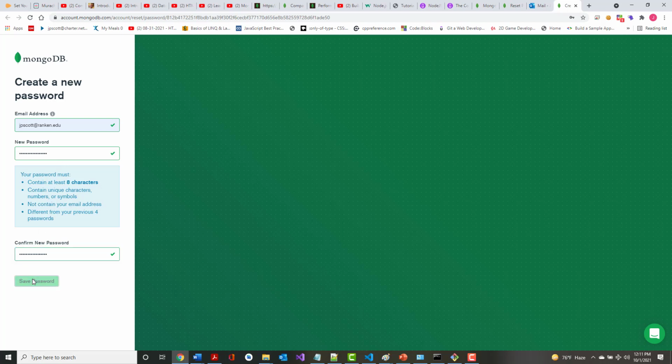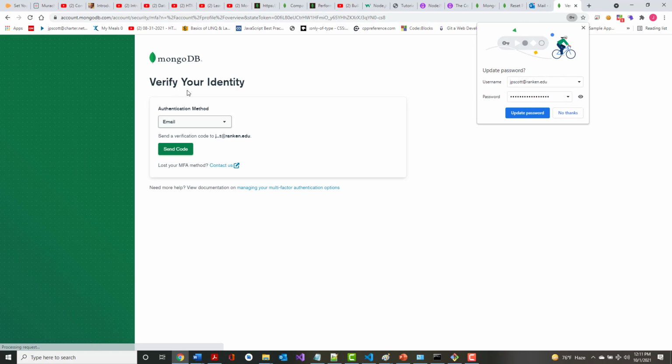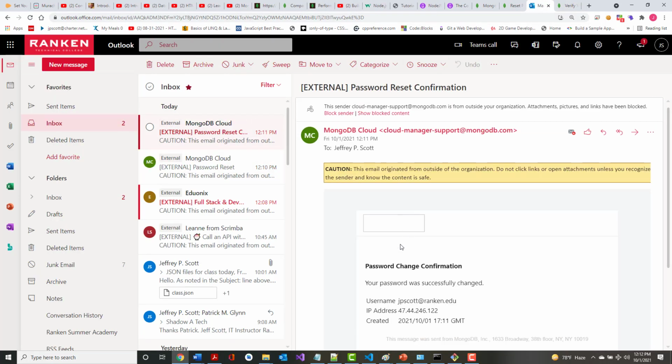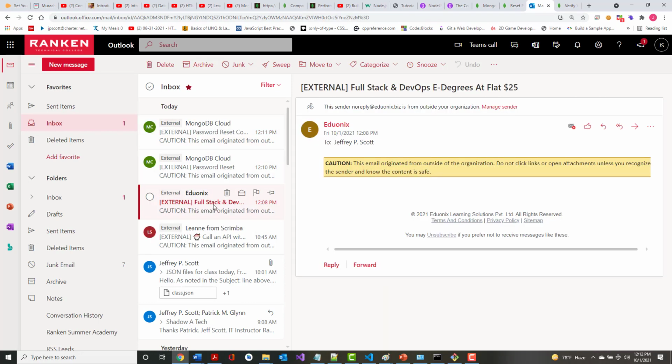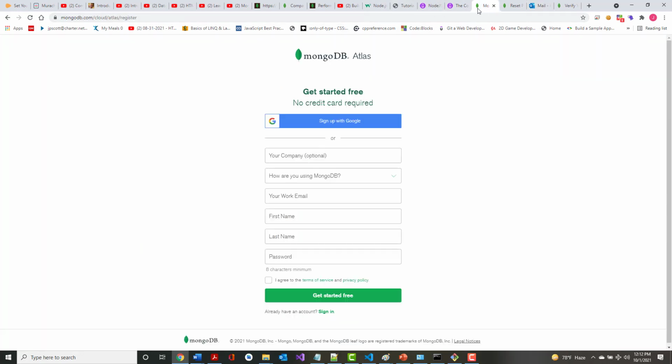And just so you note this, even though I asked for a change password link, it still comes back, because there's a lot of security built into this. It says, hey, you are going to do a reset, and it's also going to require that I